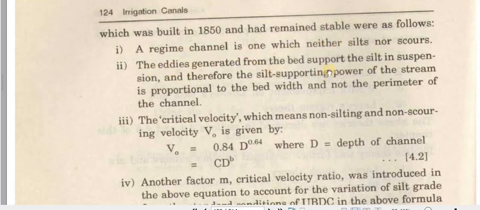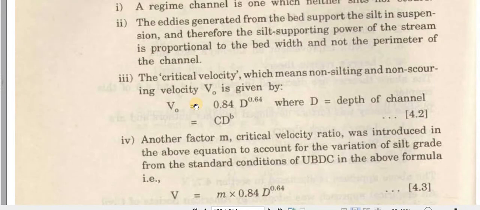The eddies generated from the channel bed support the silt in suspension, and therefore the silt supporting power of the stream is proportional to the bed width. If the bed width is more, then its silt supporting power will be more, and it does not depend upon the perimeter of the channel. So the bed width is more important in the case of silt supporting power. Then the critical velocity, which means non-silting, non-scouring velocity V0, is given by 0.84